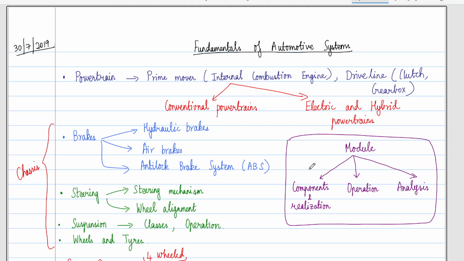All right, so that will be the structure in this course: discussion of components and how the things are realized in the real vehicle, how they operate, and analysis thereof. So in the problem solving sessions, in some of the sessions where problems would come,